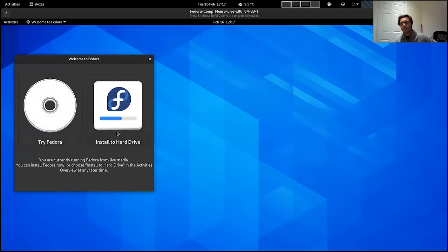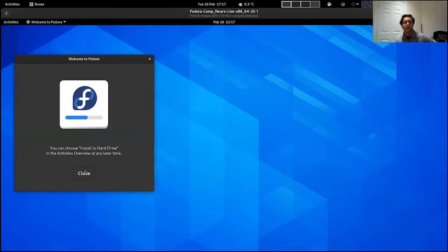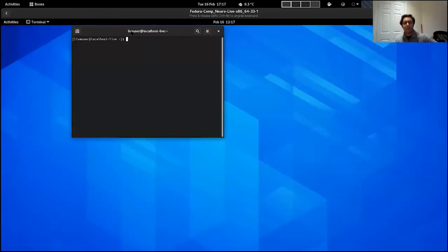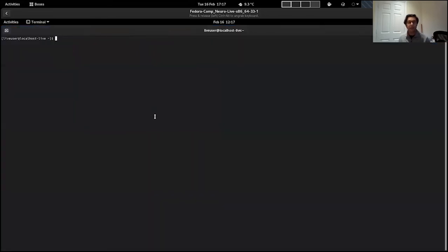Right, so you get two options. You can either install it to a hard drive or you can just try it out. I'm going to try it out for the time being. And then it's a standard GNOME system. This is not GNOME 40, this is GNOME 3.38, so it looks slightly different. But this is a fresh system, and as you can see,